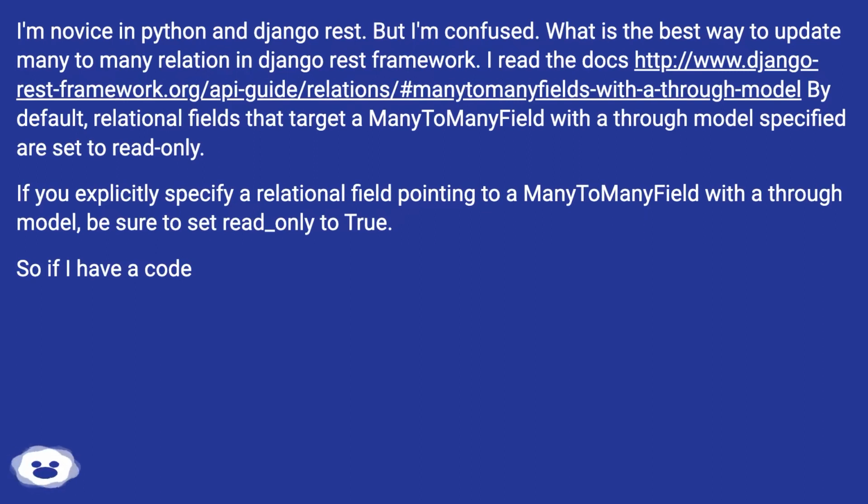I read the docs: by default, relational fields that target a many-to-many field with a through model specified are set to read only. If you explicitly specify a relational field pointing to a many-to-many field with a through model, be sure to set read_only to true. So if I have this code,